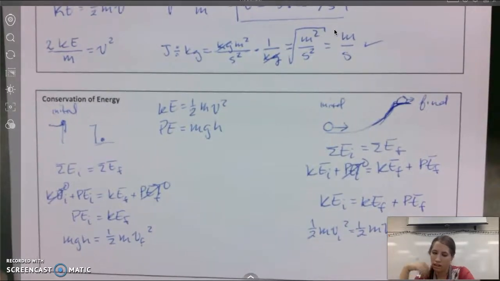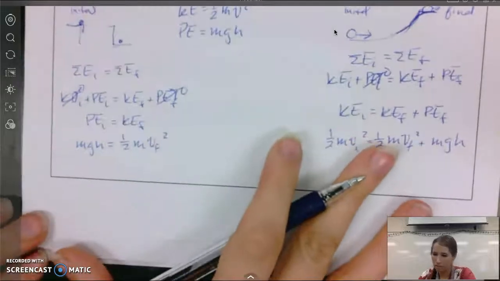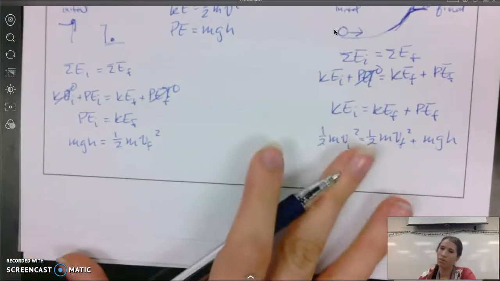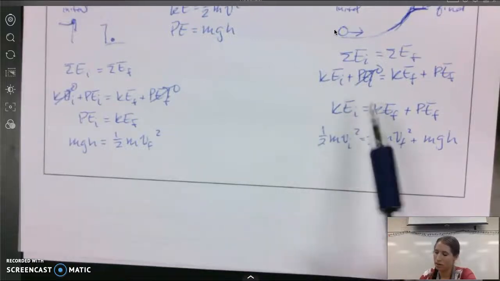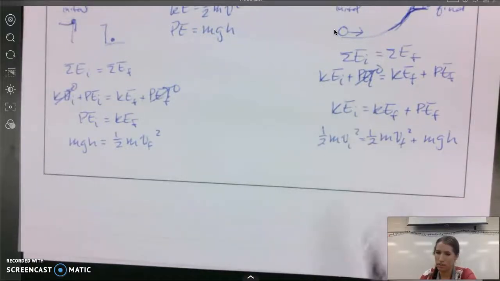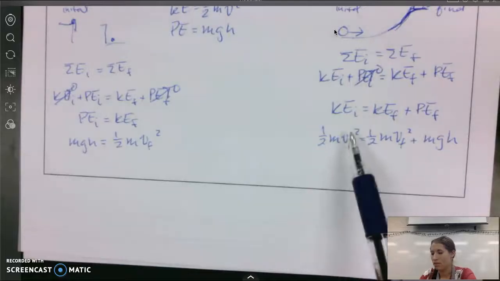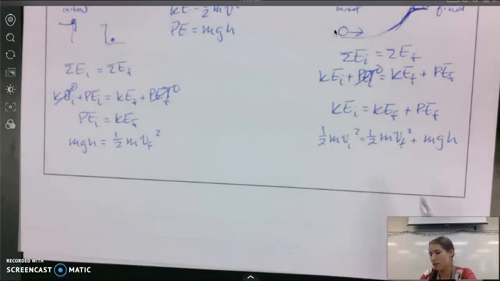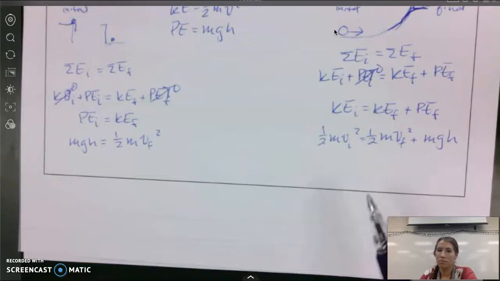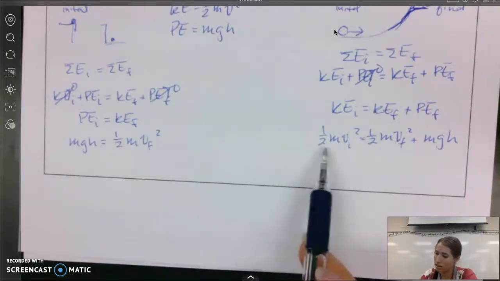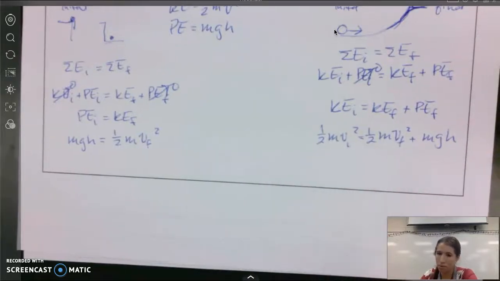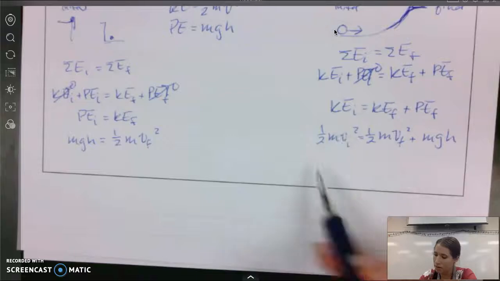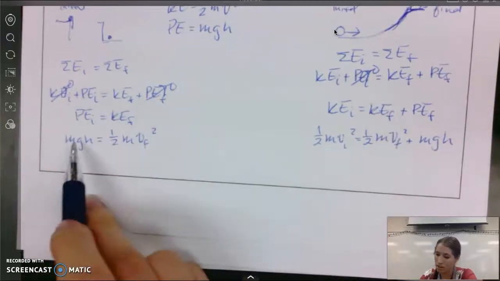Okay, a little hint for you guys in any of these kinds of situations. If we're not solving for an energy in its entirety, like if I'm not asking for kinetic energy initial, if this and this is given, if I'm asking for something within that energy like a velocity or a height, then most of the time, the mass cancels, because look, we have mass in every single component here. So we could divide by m on both sides of the equation and mass would cancel. And same thing over here, we have mass on